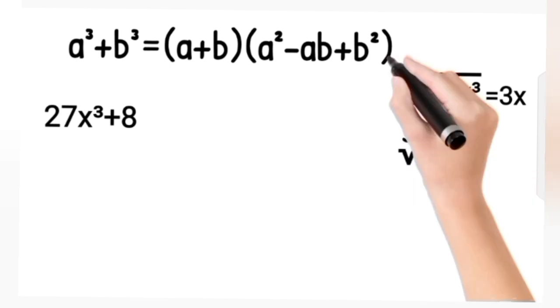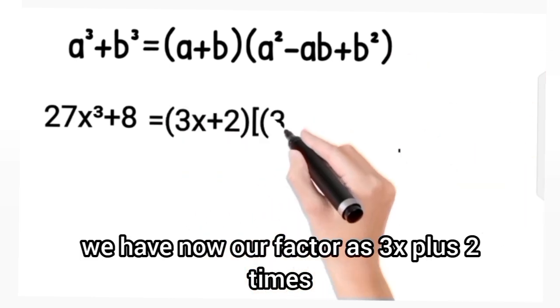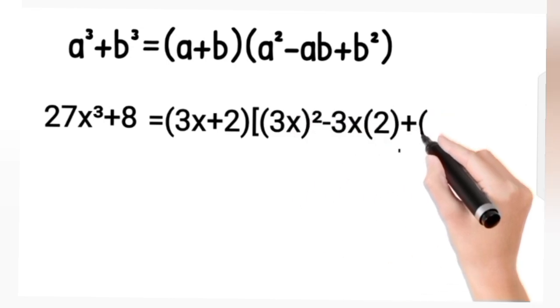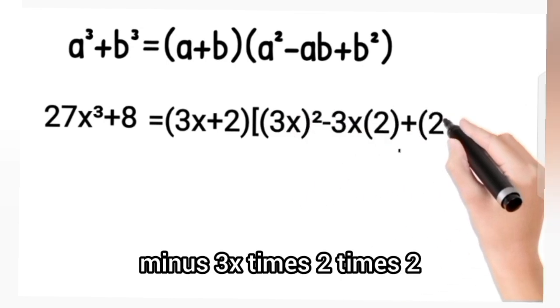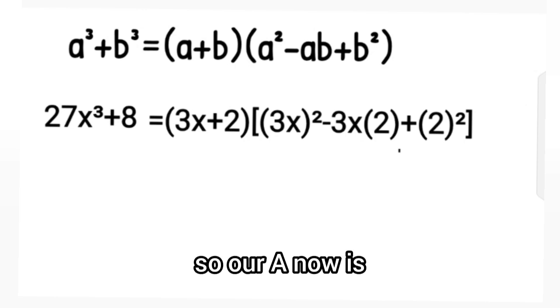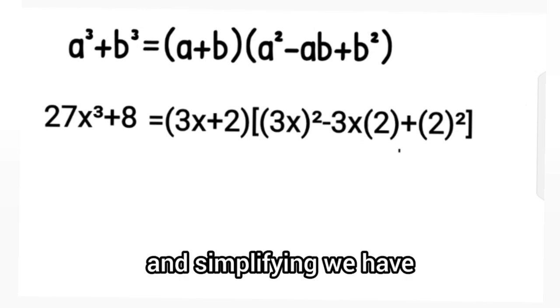And from this we have now our factor as 3x plus 2 times 3x squared minus 3x times 2 plus 2 squared. So our a now is 3x, our b is 2, and simplifying we have